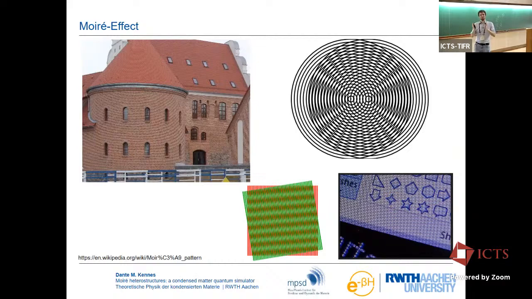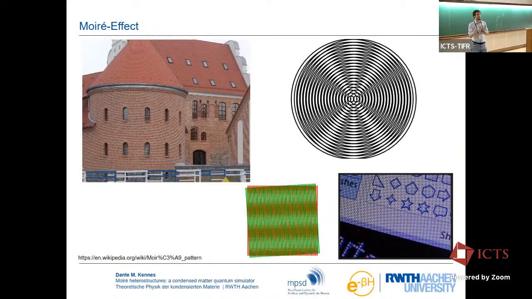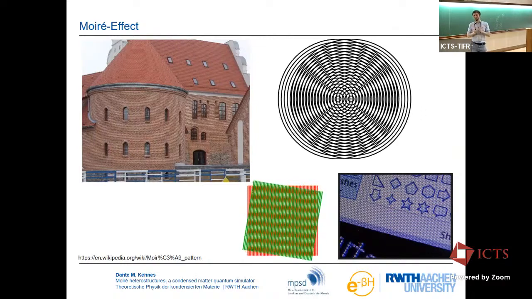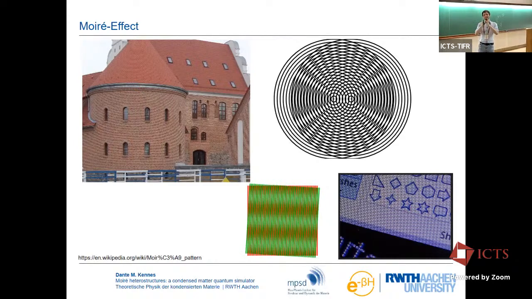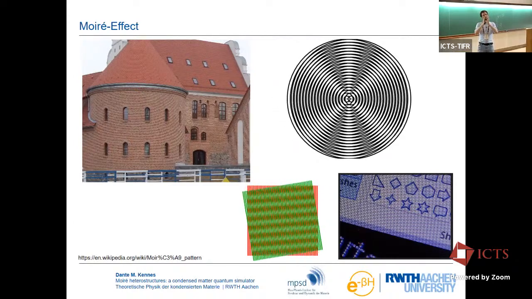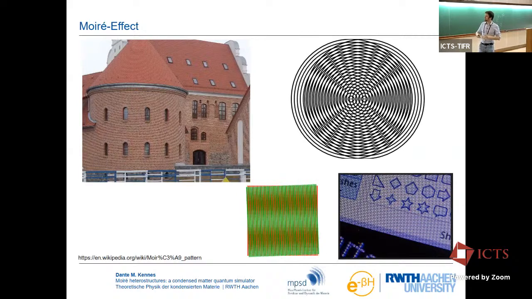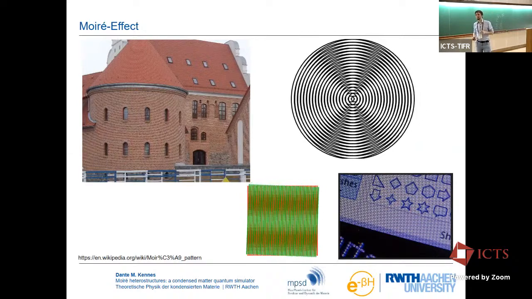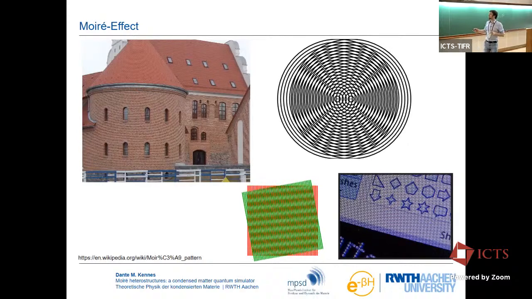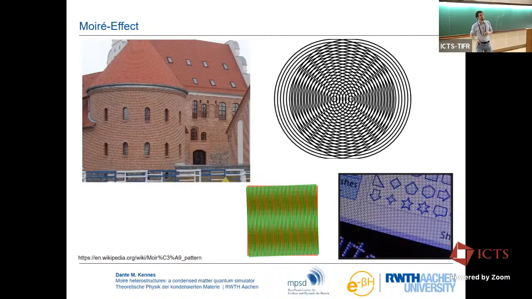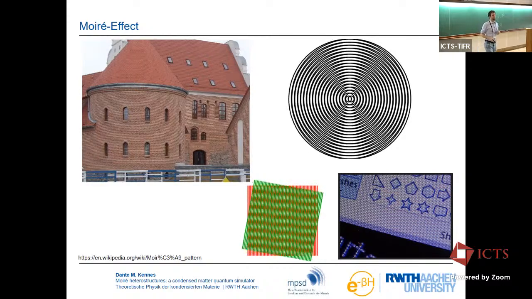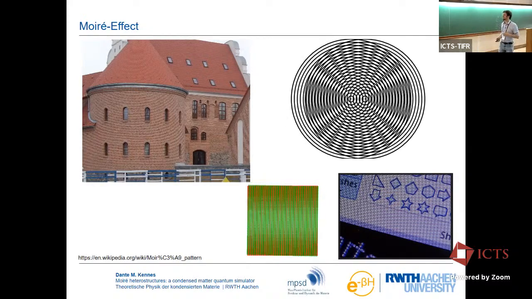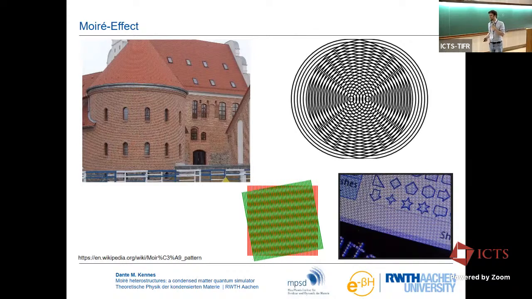And this will be an example that will actually be relevant later on in the talk, so I challenge you to keep this in your head. If you rotate this slightly, you will see that there are these one-dimensional, very long wavelength superstructures emerging. It's just geometric interference. If you're too bored right now, you can try to create your own Moiré pattern by taking a picture with your cell phone of your laptop or your tablet. All right.